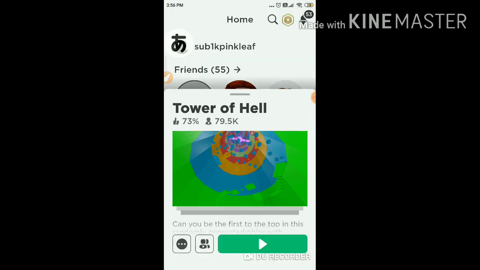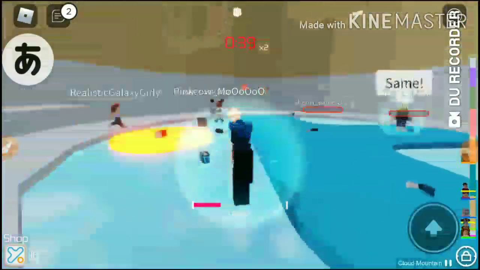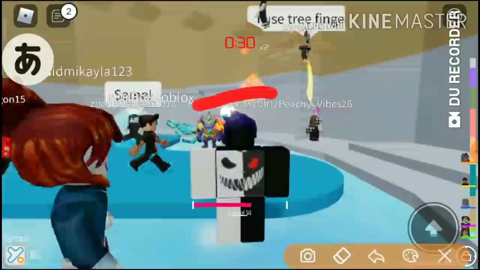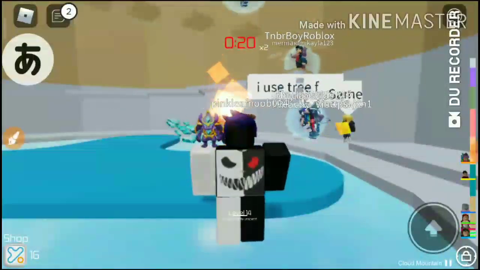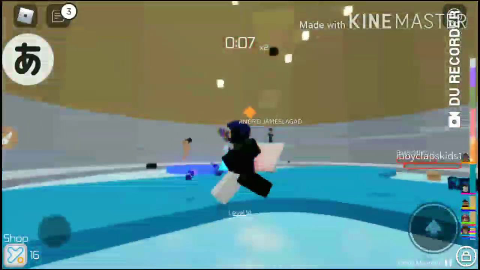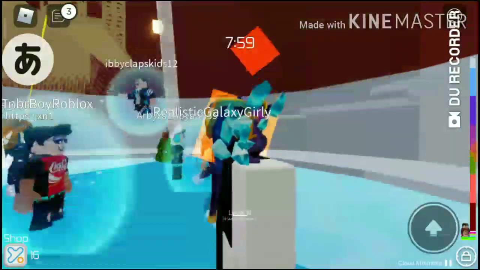For today, I'm just joining Tower of Hell. Okay guys, I joined here, and as you can see, guys, our created t-shirt. It's looking like a real t-shirt, but there is just one difference, guys. In real t-shirts, in arm there are white strips, but here we don't have these strips, but it's looking like it. As you can see, guys.